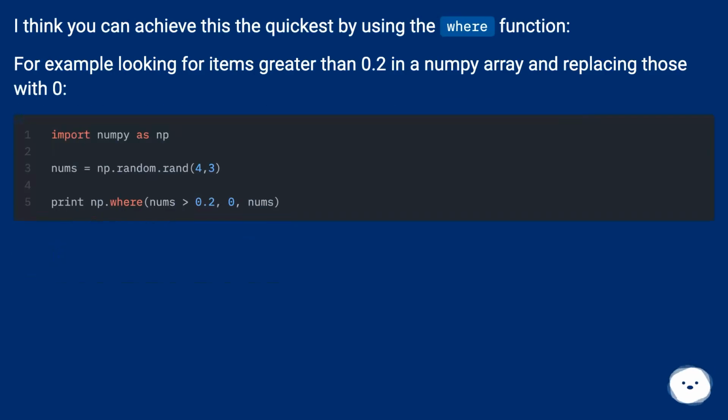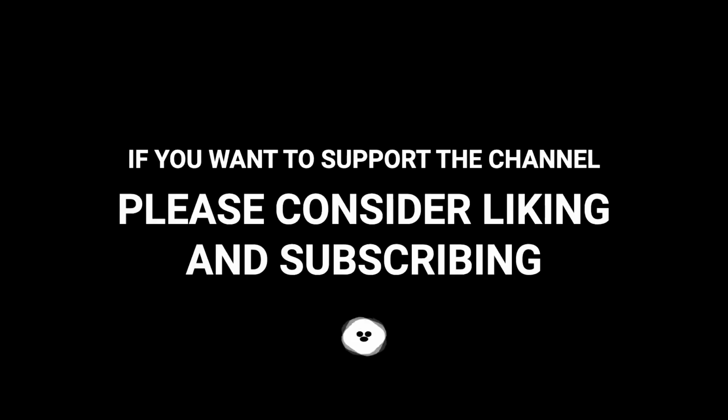I think you can achieve this the quickest by using the where function. For example, looking for items greater than 0.2 in a NumPy array, and replacing those with 0. If you wanted to repeat the pattern,